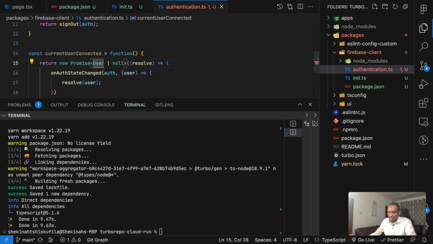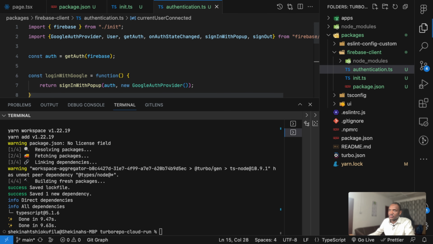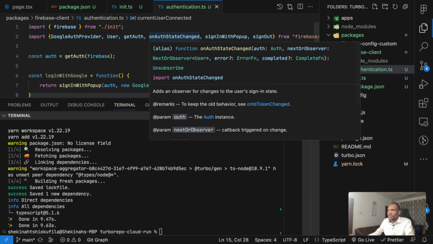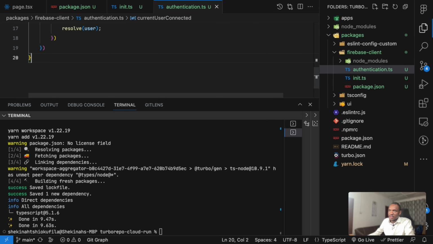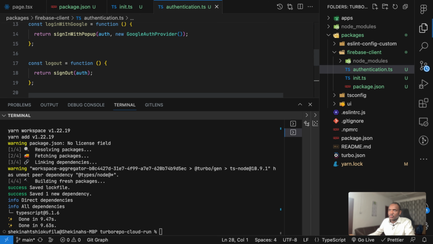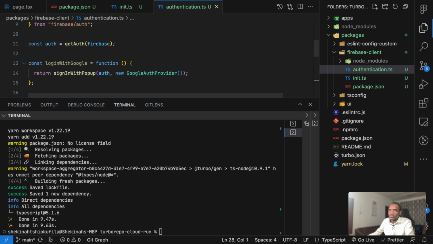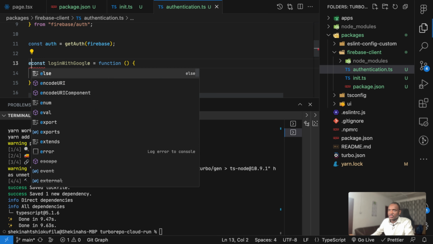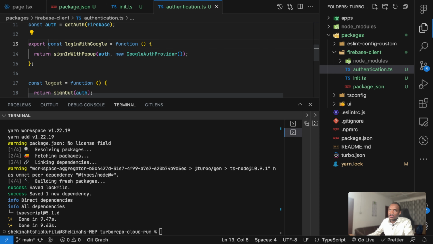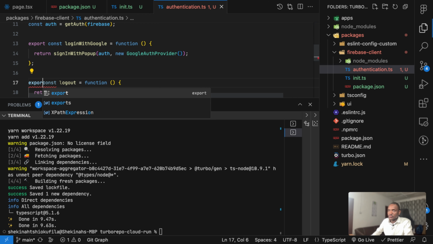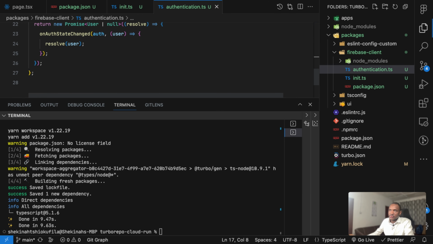Let me just check. Okay, I just have to import that here, the User from Firebase. Don't forget to import that also here. We have GoogleAuthProvider, User, getAuth, onAuthStateChanged, signInWithPopup, and signOut. Everything is okay. Now we have to export all the stuff, because we have to expose that to be used inside of our different applications such as web and docs. So here we are going to export this function, and I'm going to export also this, and I'm going to export